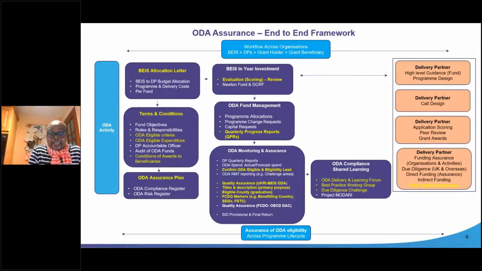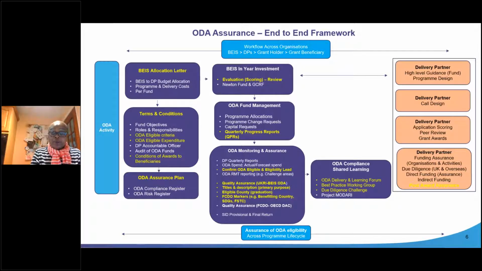So what I've tried to capture here is who does what and how and when throughout the life cycle. The purple boxes, from left to right, capture the organisational workflow. What BEIS does is in the purple boxes on the left, moving across horizontally to what the delivery partner does. UKRI, for example, will follow, who is our largest delivery partner. And in terms of what the ODA activity is and how we assure that, I've highlighted the key aspects of ODA compliance from the time that we allocate funding to the delivery partner